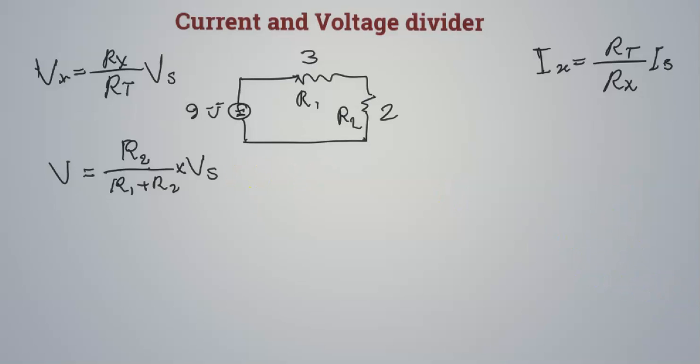And let's change the color. So if we have 2 for the R2 and 2 plus 3 is 5 for the total resistance, and multiply by 9 and we